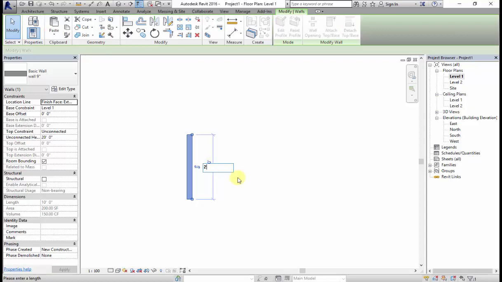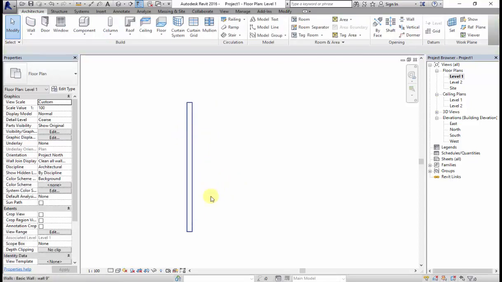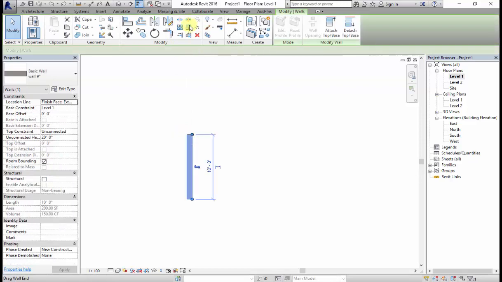But you can see if I try to do it like this, it is getting extended from both sides. What I need is that one point should be constant and it should grow from this side, like 10 feet should be added on this side. At that time you can use the scale command. Here I'll go to modify, select the object and click on scale.